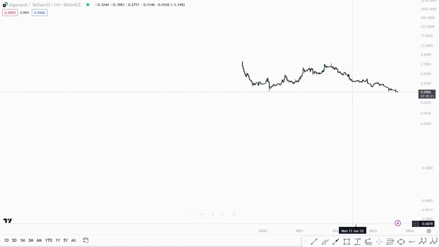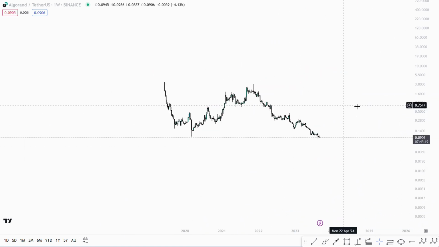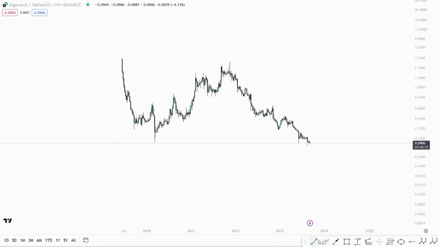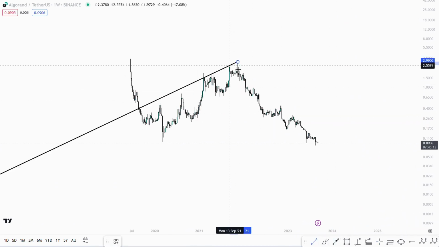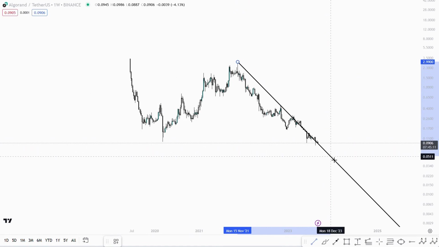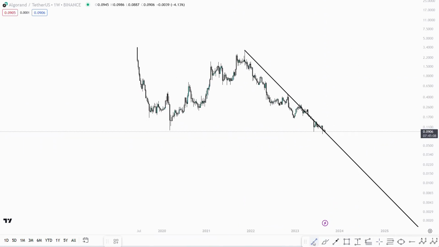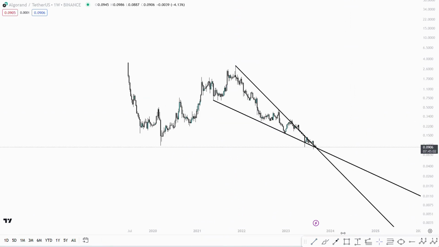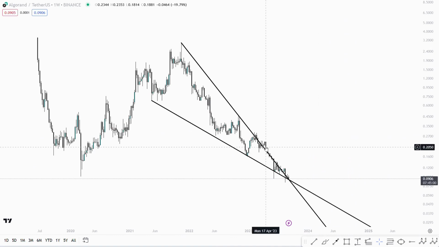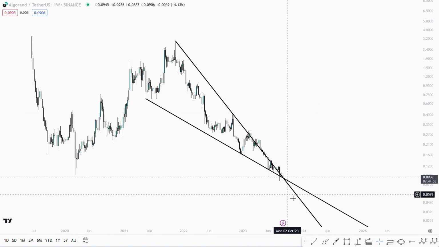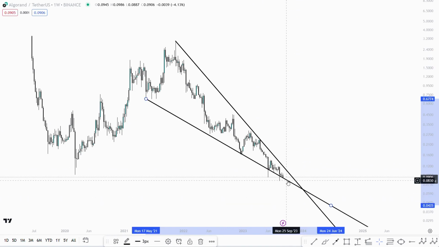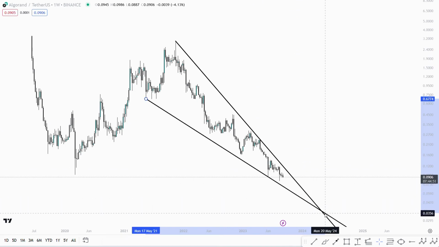ALGORAND. So if we just take a nice zoomed out perspective here, you can see somewhat of a nice descending triangular structure. If we just take the upper wicks and just draw a correcting structure to the downside with the lower time frame wicks there, you can see where ALGORAND is at the minute. We have got a descending structure that seems to possibly have broken out. We can manipulate this trend line a little bit more to see where some lower downside targets can potentially take